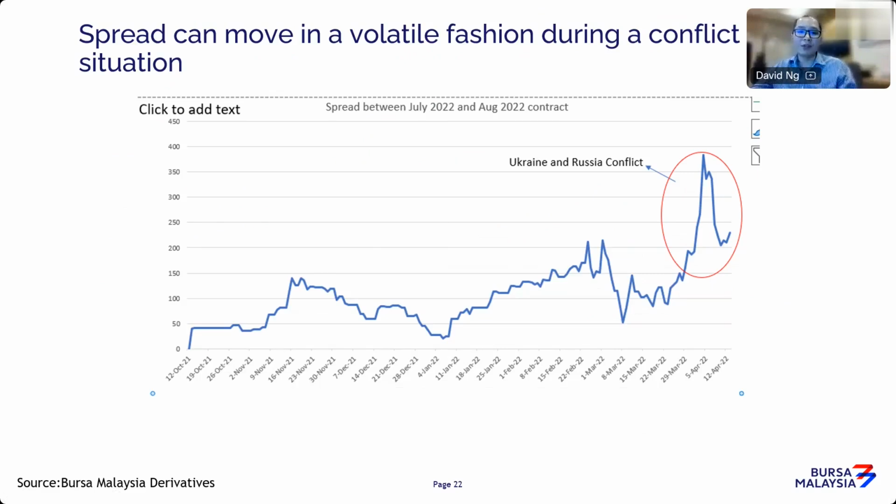Just to draw an example, this is back in 2022. You have the July-August contract. You can see that the contract was trading prior to the Ukraine-Russia conflict with the spread at about 80 to 100 ringgit premium. But then, because the conflict escalated, that created a lot of uncertainty in the vegetable oil market. You can see how there's a sharp movement in rapeseed and whatnot. Other related vegetable oil, palm oil also follows suit. So the spread went from the 100 to 150 range up to as high as 350 to 400. So it does go into a very volatile fashion.